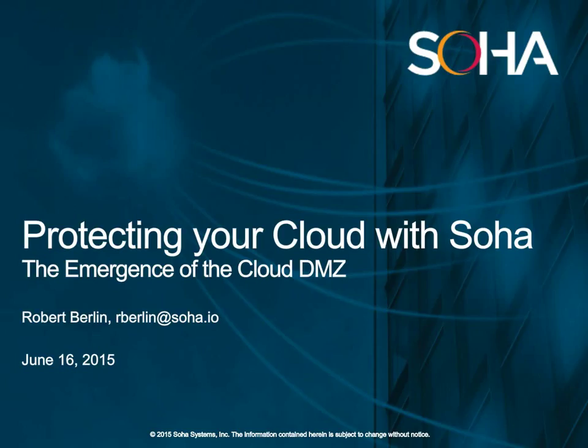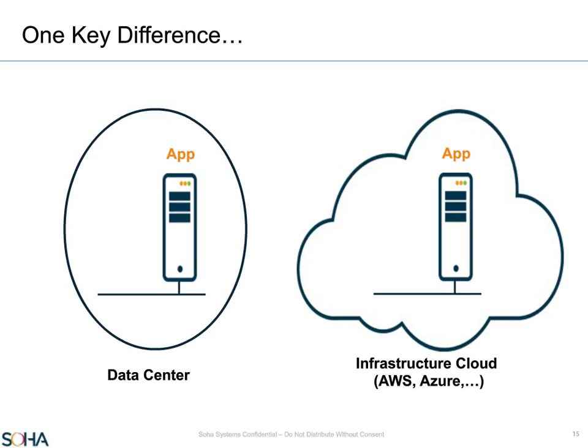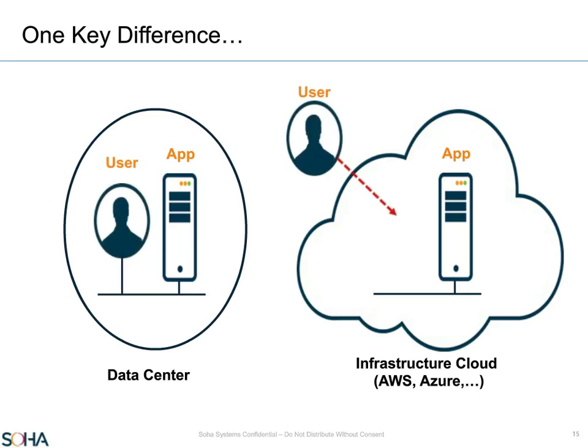We really started off at Soha by thinking about some of the problems inherent in cloud security that were different than traditional data center security. And so what are those differences? Well, there's a huge one. Just to kind of start this off, think about this. In the enterprise data-centric world,